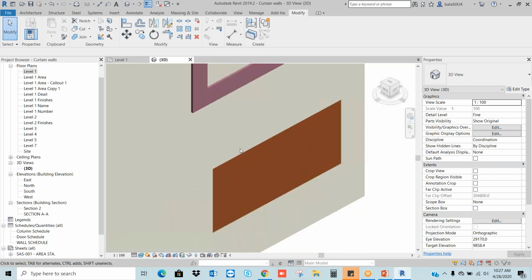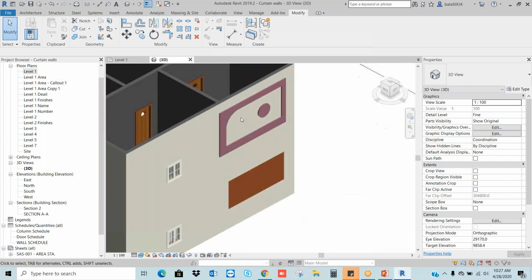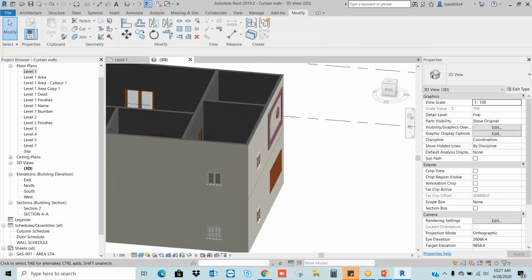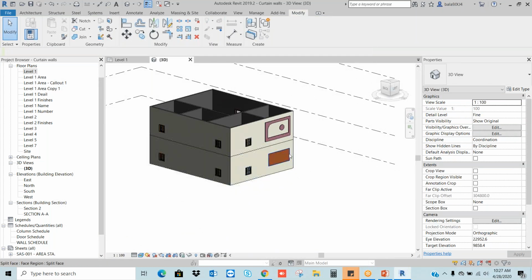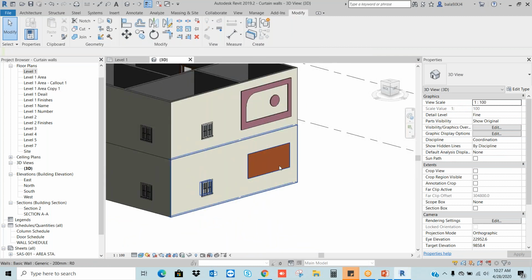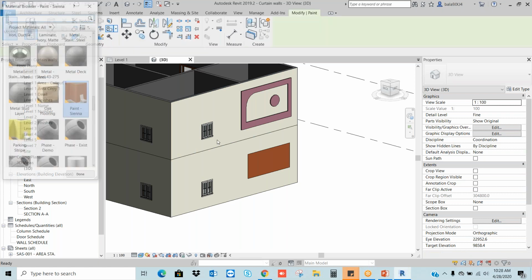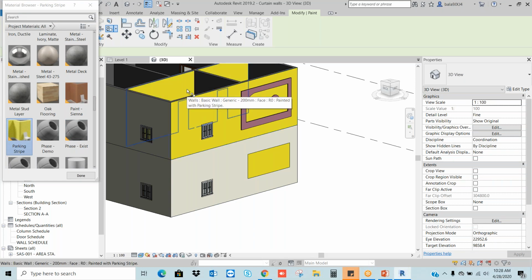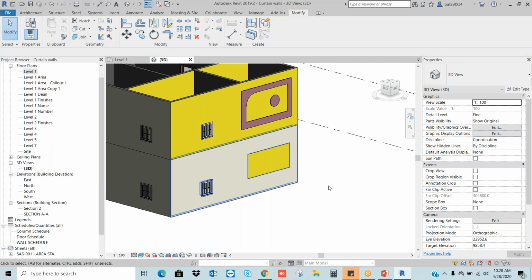So this is a part of the wall only. It will not give any external impact. But in the elevation, we can get this external impact. So very simple, nothing to worry about. If you want to paint it, just go to the modify. Just remember, go to the modify, use this paint, click it wherever you want. You can click the face only. If you want to change it, you can change it. Just click on the face, internal walls. Okay. Done.